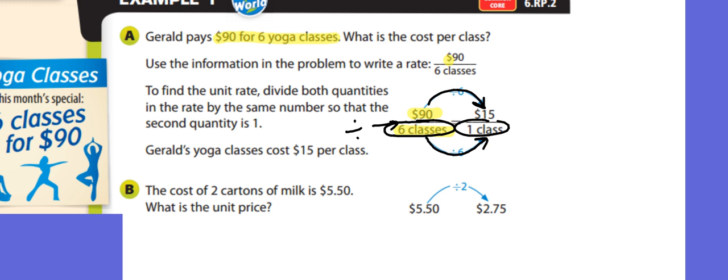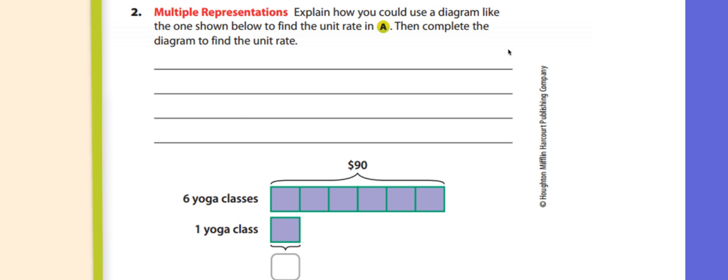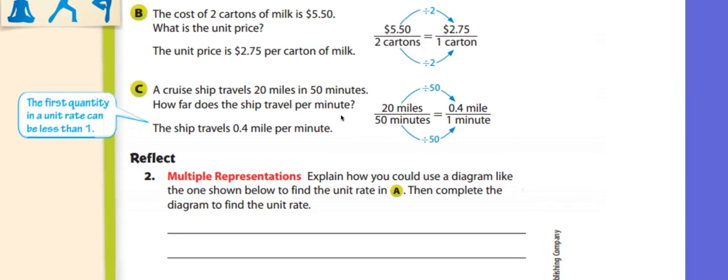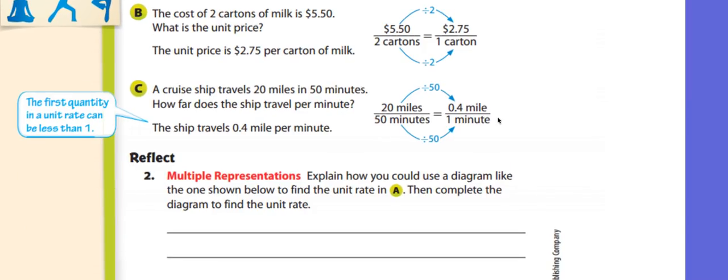Let's examine the next example. B. The cost of 2 cartons of milk is $5.50. What is the unit price? And I want to point something out to you. Let's pretend that they covered this up and we didn't know how to set this up. I want to point out the way that some kids would set it up. Some kids would read carefully and they would see 2 cartons and they would see $5.50 and they might set it up as 2 cartons